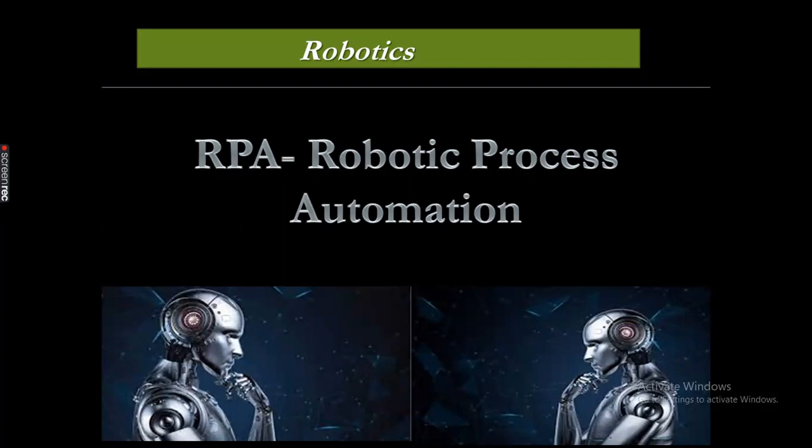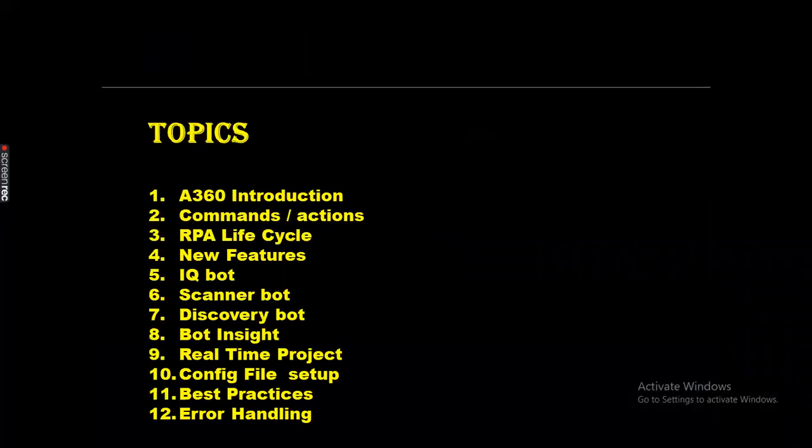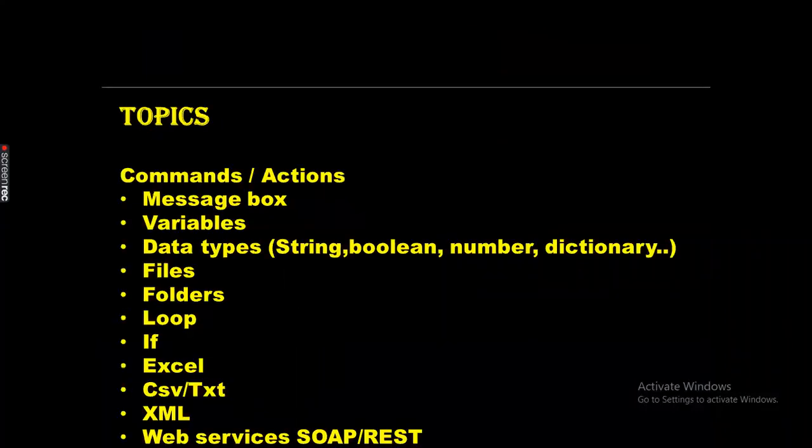So we are discussing string packages in Automation Anywhere A360. We have already covered introduction to A360, message box, variables and data types, and what types are available in Automation Anywhere A360. We are discussing the string package. We have already covered a few concepts like uppercase, lowercase, assigning, variable creation, and finding the length of the string and all. So in this lesson we are going to learn other options or commands available in the string package,